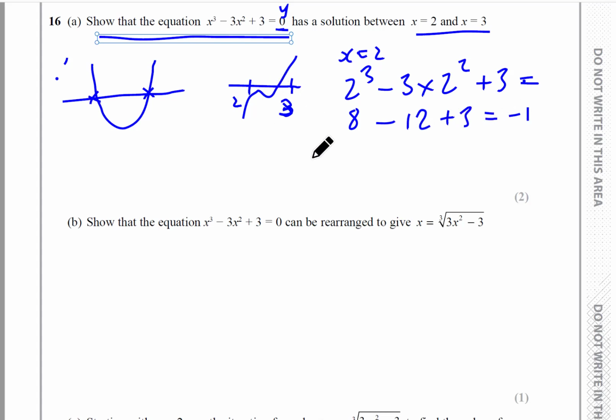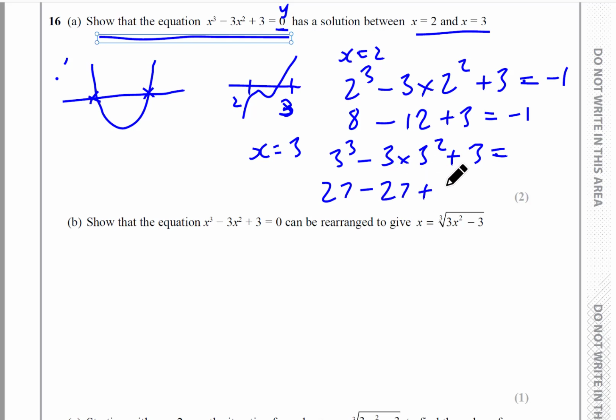Now do the same for when x equals 3. So you get 3 cubed minus 3 times 3 squared plus 3, which equals 27 minus 27 plus 3